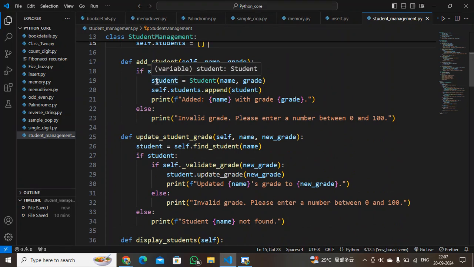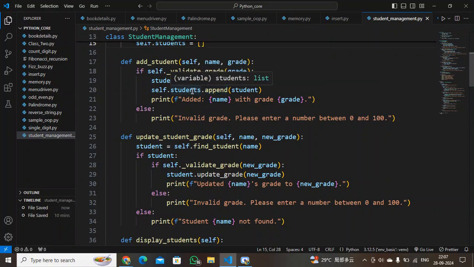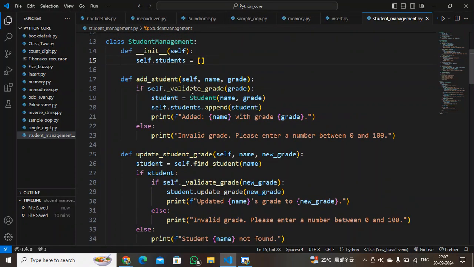So now the student object has the name and the grade, and we are using the append function of Python. We are simply appending it, meaning adding it to the students list. And where have we declared the student list? You see here, I have declared the student list. So the student list will hold all the student objects with the name and grade.